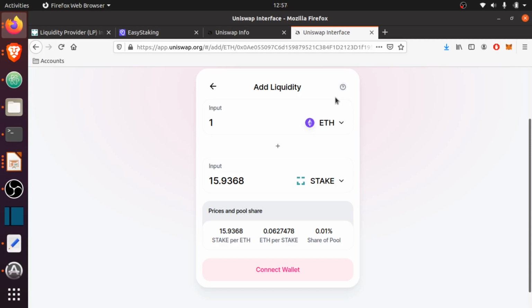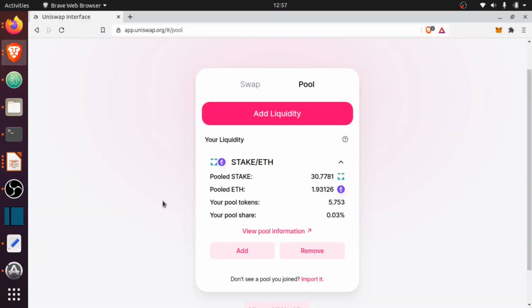You've got to provide liquidity of both tokens. You just need to connect your wallet and you're all good. What I'm doing now is just showing you the liquidity that I'm providing into the pool at the moment. So I've currently got 30 staked ETH with roughly 2 Ethereum in it, and I receive 5.753 tokens for that